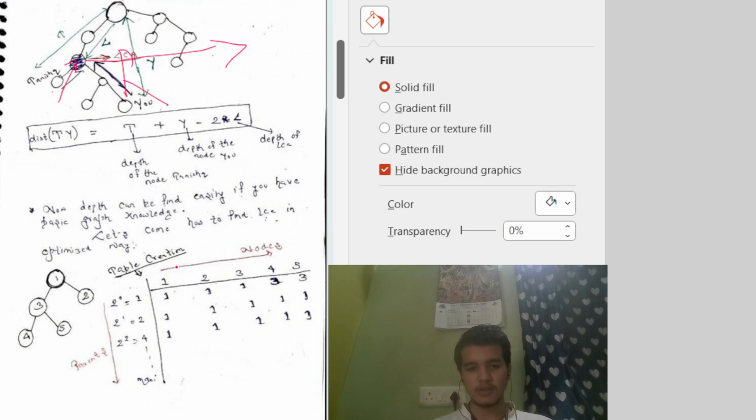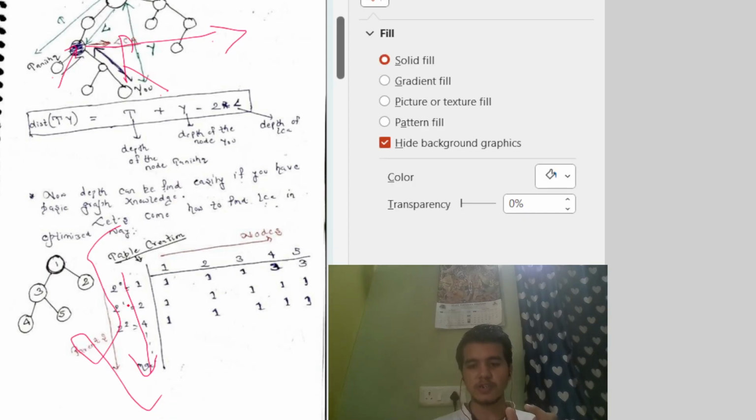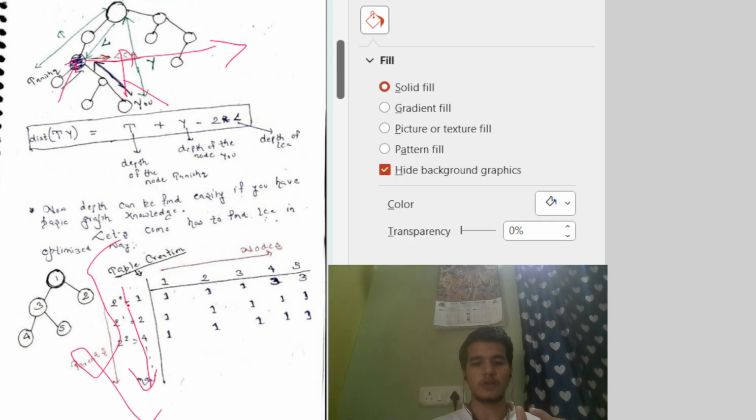Here I have created a table in which 1, 2, 3, 4, 5 represent the nodes, and this row represents their parent. This parent is being stored in powers of 2, because we are using the concept of power of 2 here to optimize the solution. So here the nodes 1, 2, 3, 4, 5 are placed. 2 to the power 0 is saying that